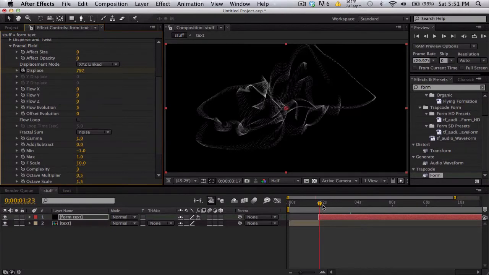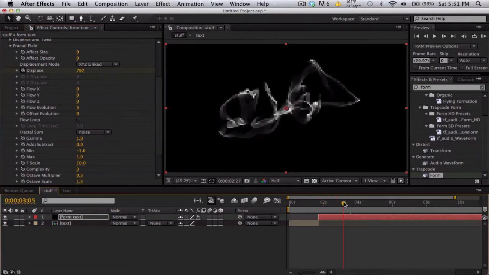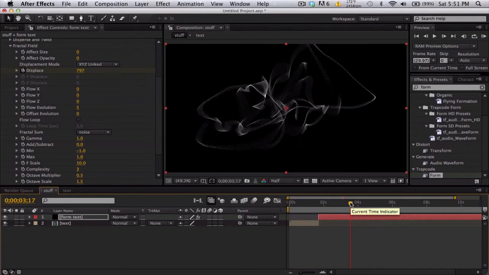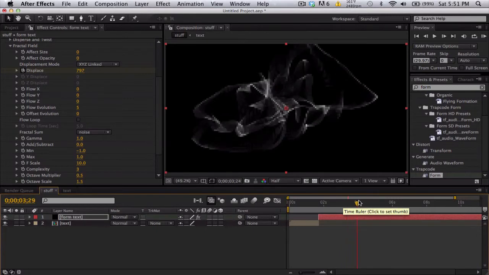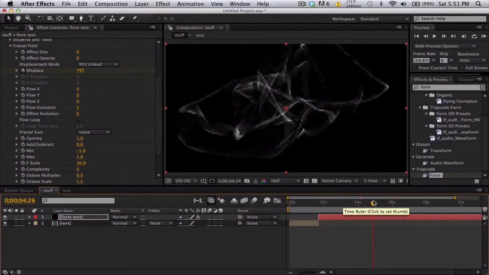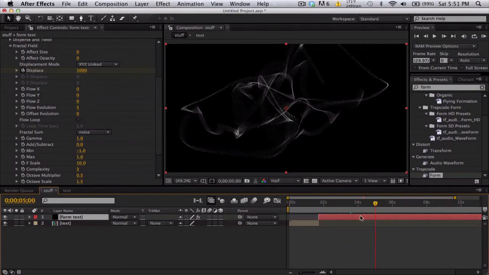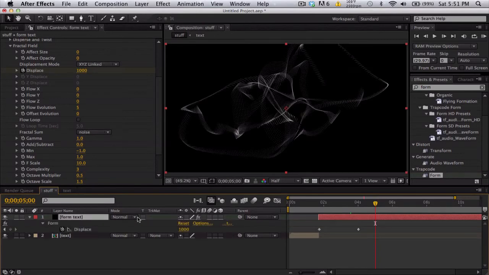So it'll essentially just explode and keep going in that direction as if it had momentum and it wasn't wiggling. And the 5, the very small evolution, makes it wiggle as if there was a little bit of air or something. So I also want to push U and go to our displace,